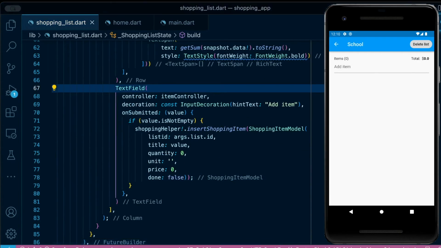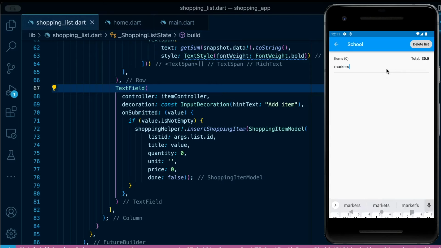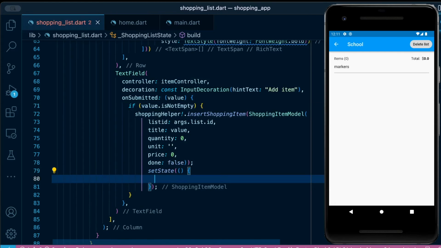So now that we have that, let's try and enter an item. Then we'll work on the next part below it where we'll get to view the items. So I'll just create a simple item like markers. Then I click on enter. Okay. So now that we have that, I think I should just do a set state. After creating this, I'll do a set state and just clear